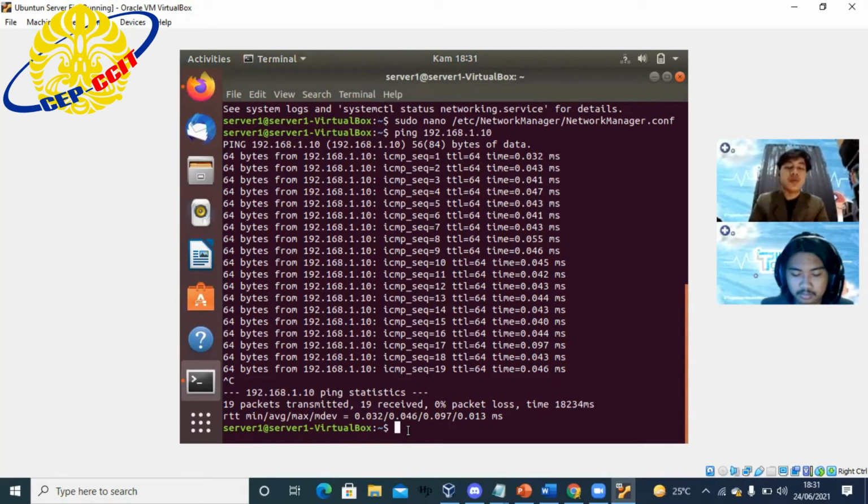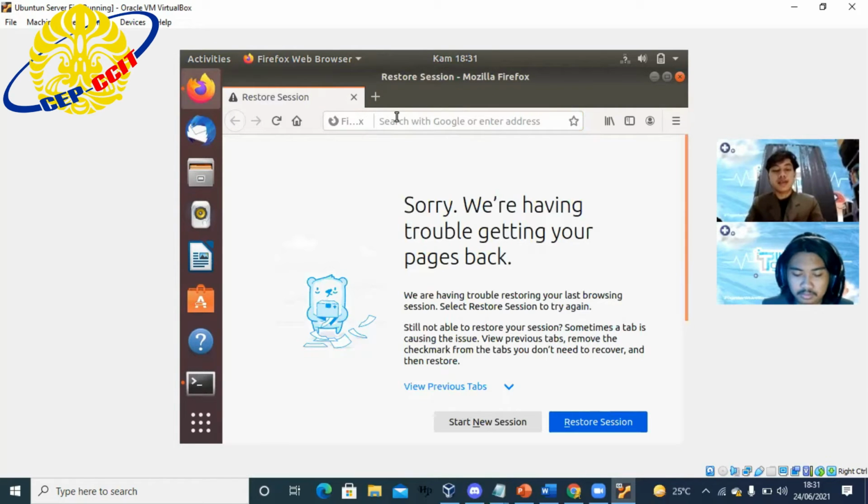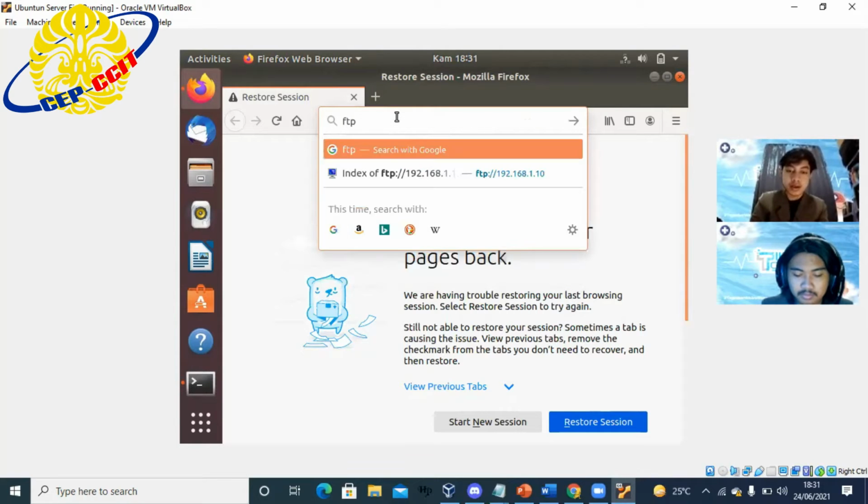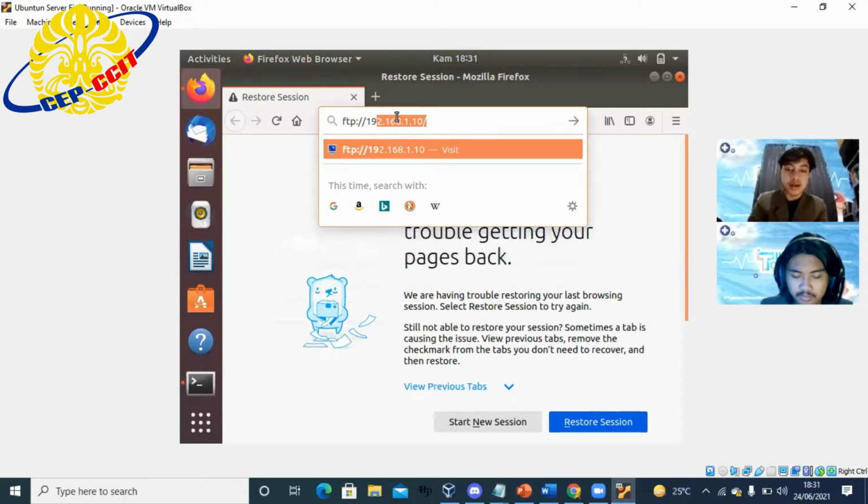And then if you want to test your IP address again on Mozilla, just type ftp:// and then input your IP address and click enter.